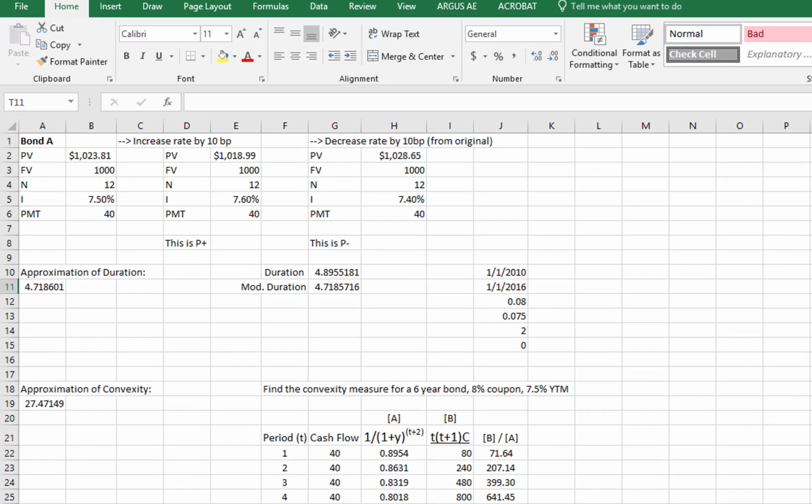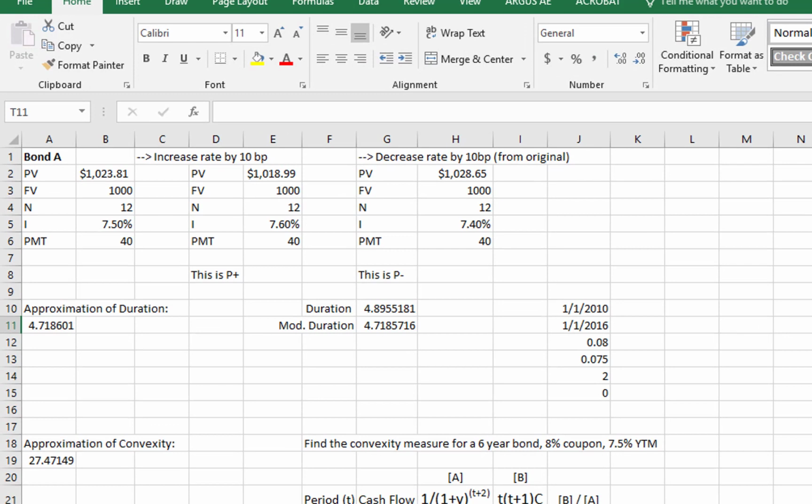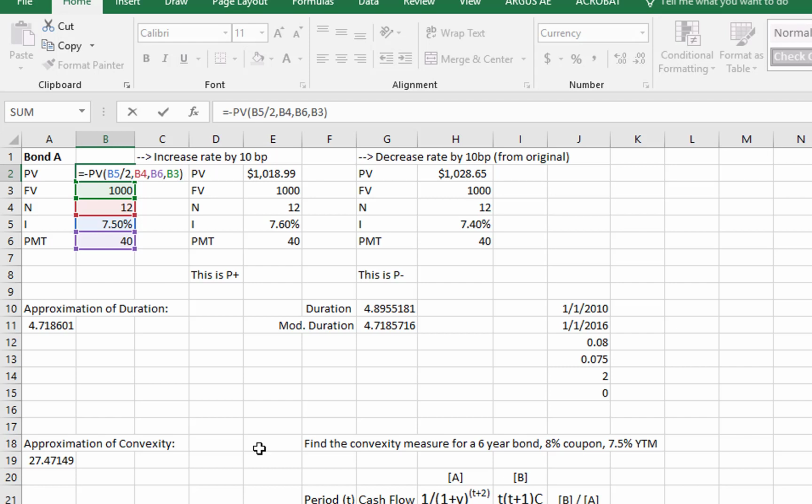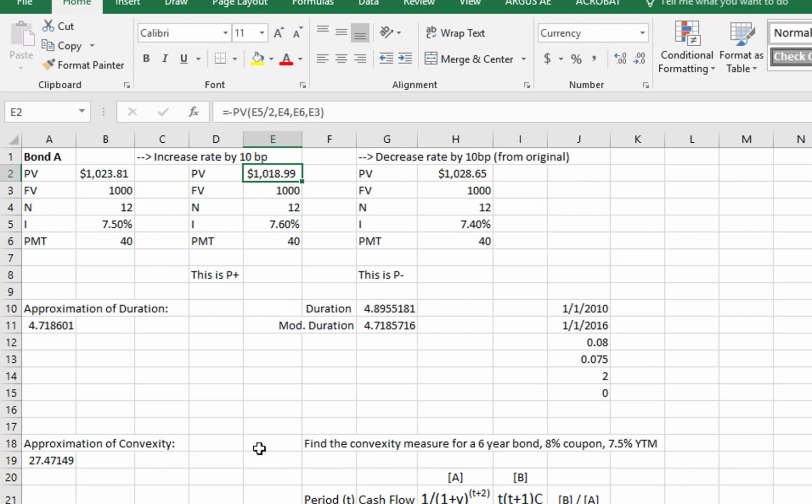So for example here, I've got bond A. We've been dealing with this bond all along the way. We calculated the duration way back when at 4.72. And so what I've got here is the initial setup. The price is $1,023.81, and that's based on the initial yield to maturity of 7.5%, a coupon rate of 8%, etc. If we increase rates by 10 basis points, so that would be the P plus, we've got a new price that's going to be